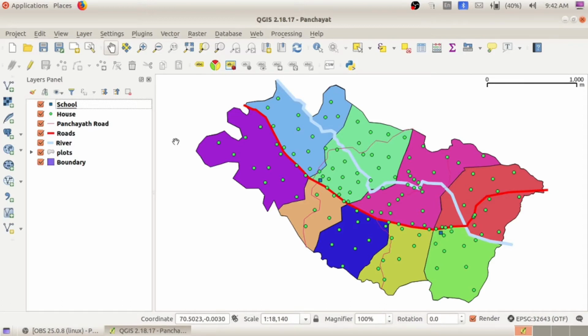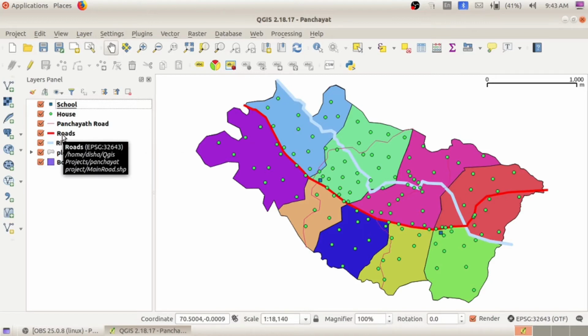Imagine that a road has to be widened by 5 meters. So we have to find out how many houses got destroyed by widening the road. The road is given in red color. When we are widening this road by 5 meters, how many houses got destroyed? And how much of it can be saved if the widening is limited to 3 meters? If we limit it to 3 meters width, how many houses got saved? So this is buffering. So how to do buffering?